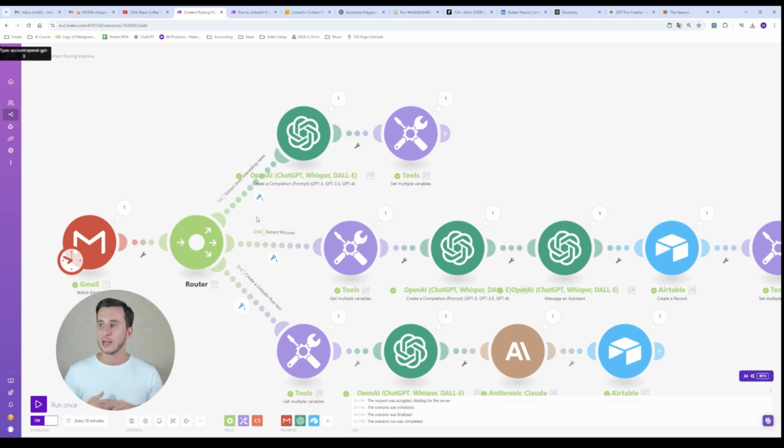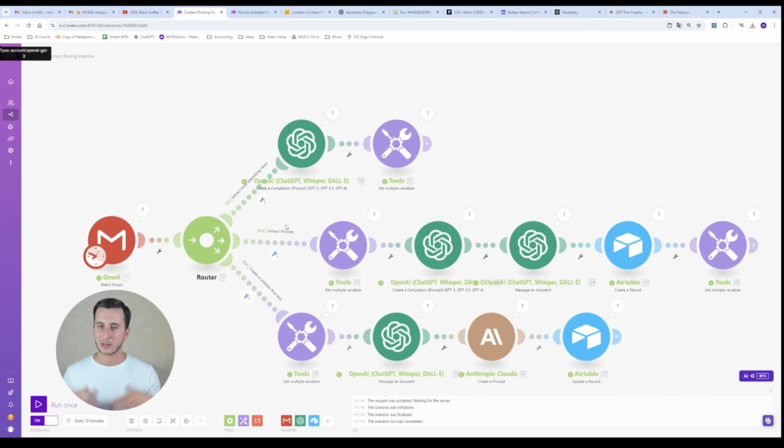Why do we need it? So we can create the whole automation in one row. I have created it in 3 rows so that it's easier to read and understand. Yes, it will take a few additional operations, but I think for the video purpose, it's much easier to understand